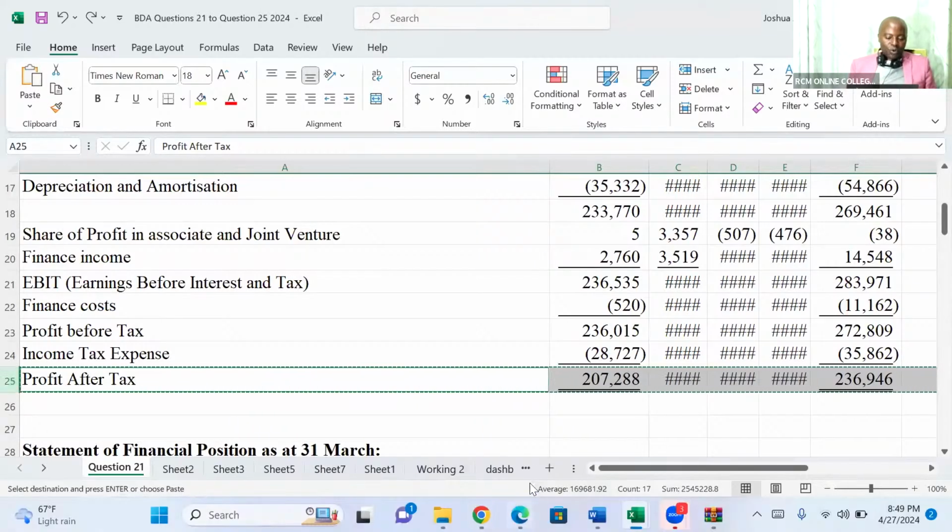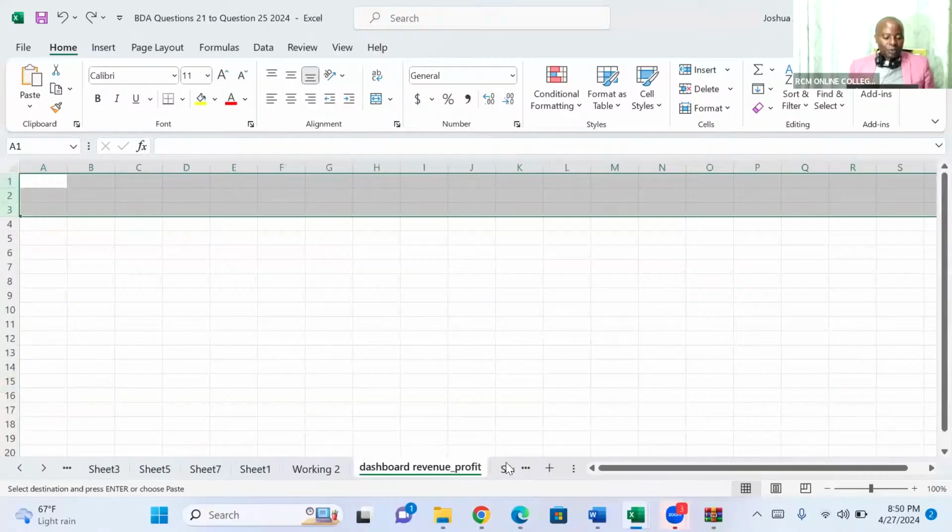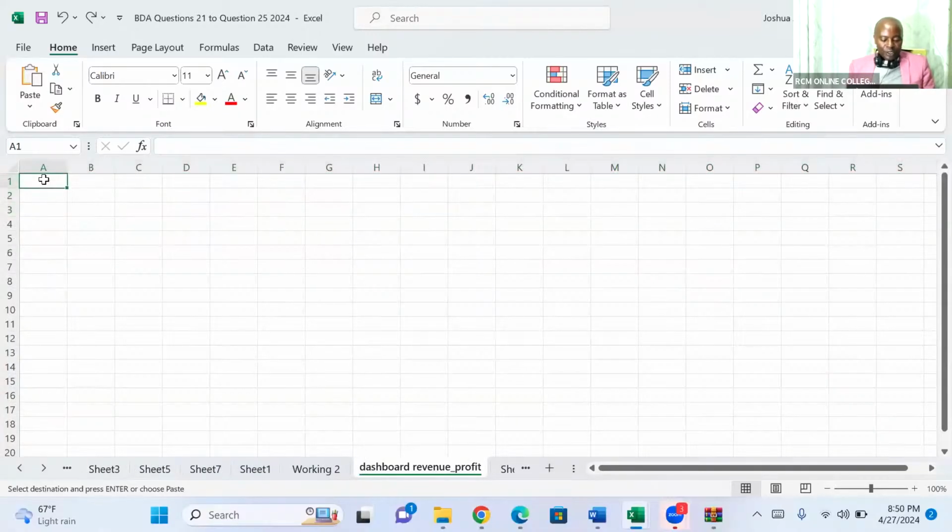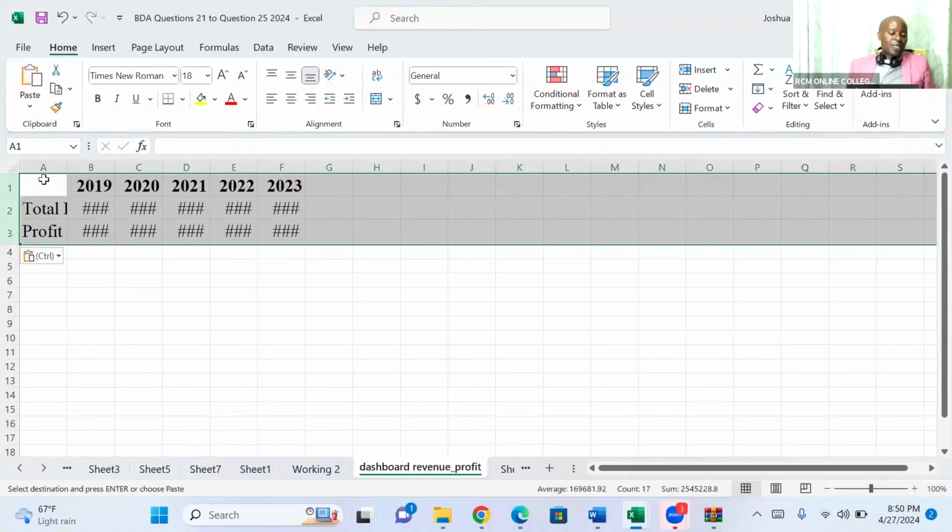And then I go to this new worksheet of mine. I'm calling it dashboard, revenue and profit. Already they have it there. So it is Control V. Control V is Control what here? Paste. Control paste. Now, once I do that, ladies and gentlemen, I'll be able to come and of course expand